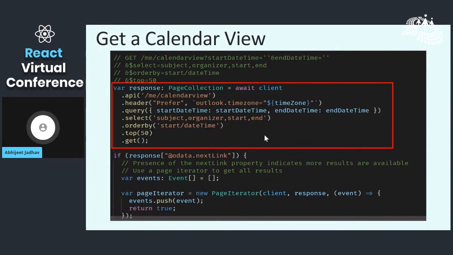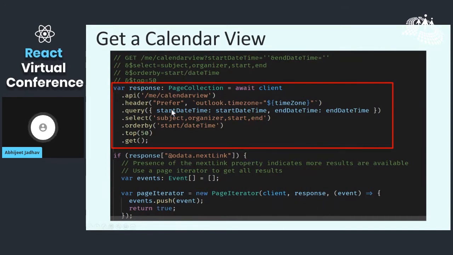Once we get that information, what we want to do is get all the events from the calendar. To get all the events, I would write one more component to get the data from Microsoft 365 for the logged in user. The way I would write it is I would initiate a call to the API where I'm getting all my events, and I arrange them by subject, organizer who has organized it, start time, and end time, and I'll take all my events. Once I get my events, this is the response for that, and I will iterate it through pages.